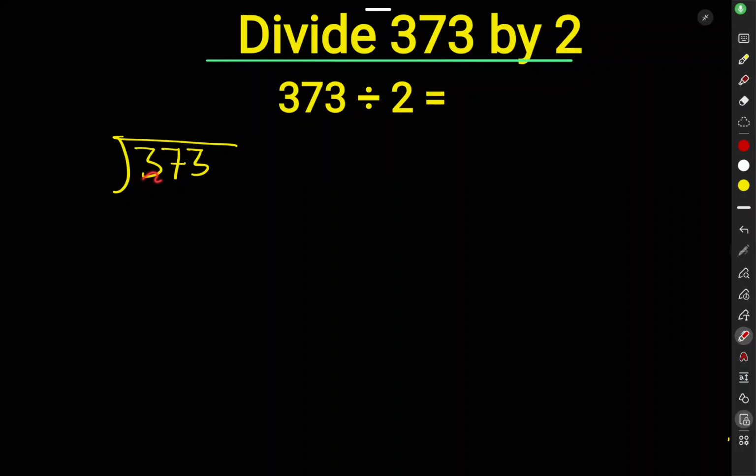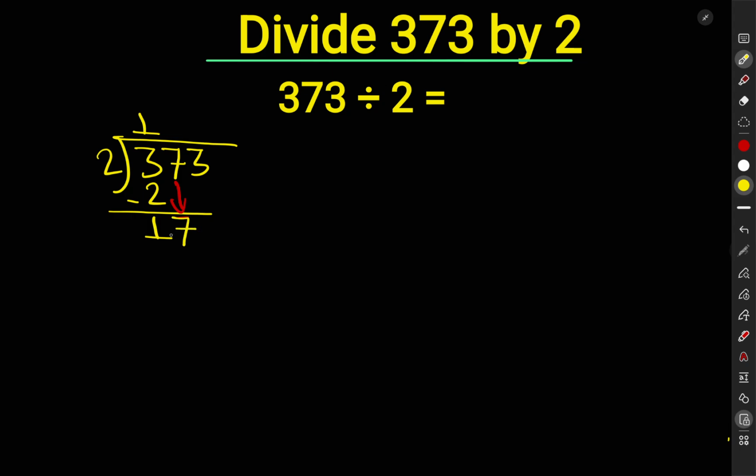Here we divide 373 by 2 in long division method. So 2 times 1 means 2. On subtracting we get 1. So now this 1 is less than 2. So we put down the number beside this